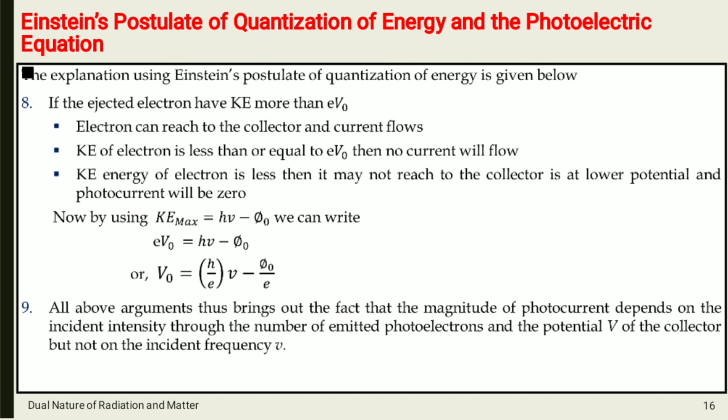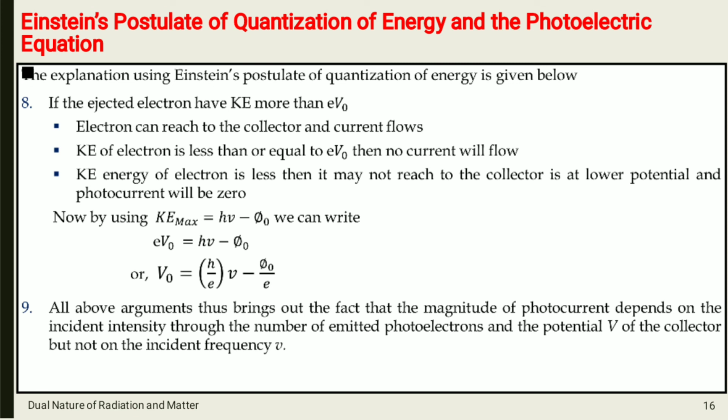If the kinetic energy of the electron is less than or equal to eV0, then no current will flow. This we have discussed in the 7th point. If the kinetic energy of the electron is less, it may not reach the collector, as it is at lower potential, and